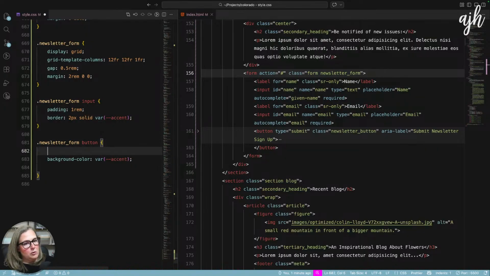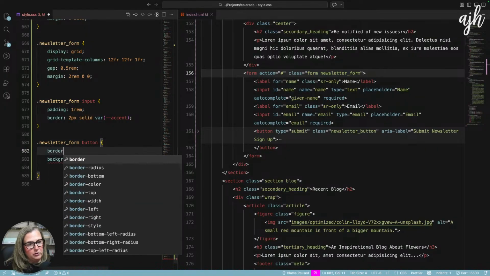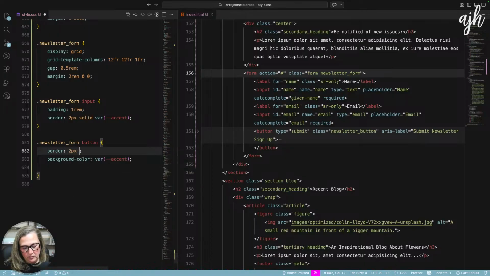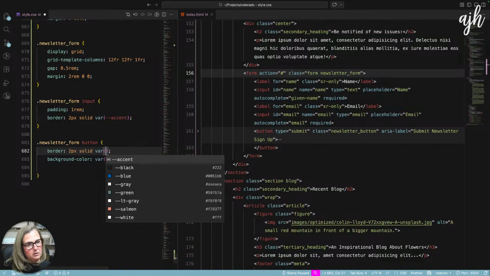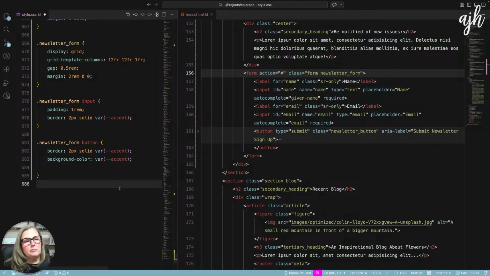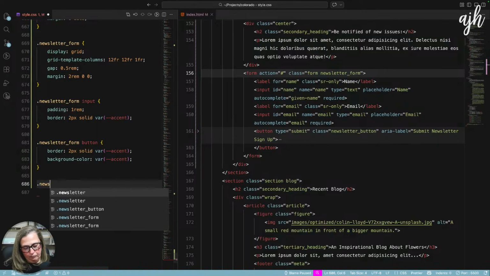Okay, we're going to give it, we'll try it like this. I'm also going to give it a border of 2 pixels, solid.